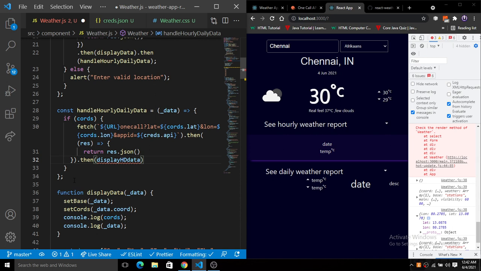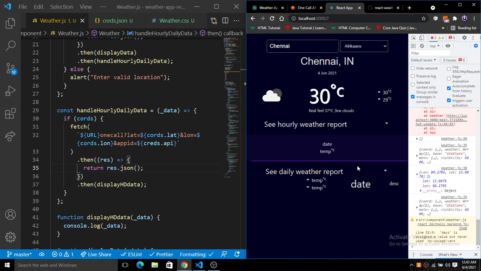So we have just called the function here, and here we just have a data, right? So we have this data here, and we just simply console out the data. So let's console out the data that we have. So data. Okay, now let's save this. Okay, we will have hourly or daily data that we have passed there. So let's see if it is coming or not. Okay, so now it is refreshed. Now hit the enter button.